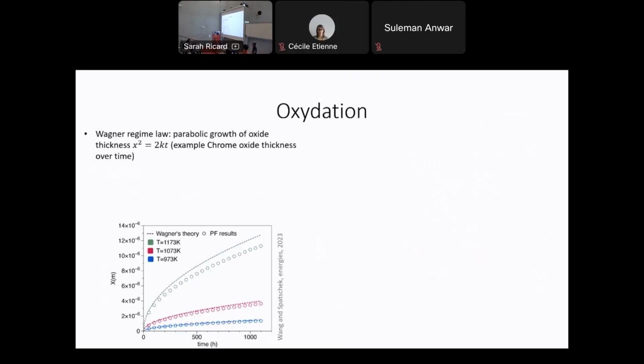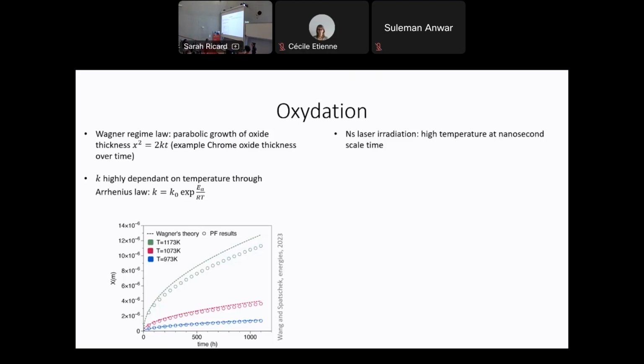And here you have an example of thin film growing on some, I think, I don't remember which metal, sorry. Maybe titanium, with time. And the most important fact is, of course, that this K factor here, the proportionality constant, is very, very highly dependent on the temperature. So you will have different growth at different temperature, and of course, you will need to be much higher than the